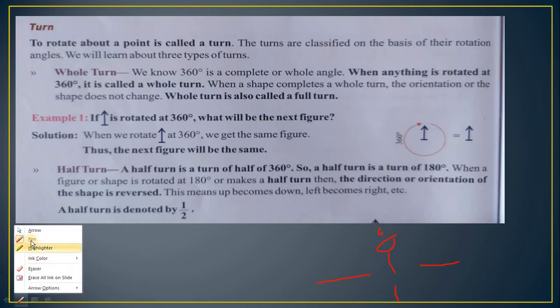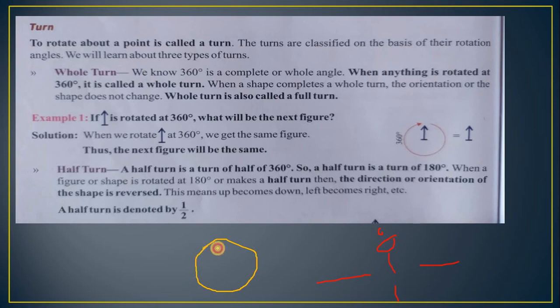One more example: suppose I am taking here, you assume this is a clock. Suppose the minute hand is here, then after some time it will reach here, so that angle is 90 degree. Then after some time it will come here, so the complete angle from the starting point is 180 degree. Then it will come here, so the complete angle is 270 degree. Finally it will come to the original position, so that is a 360 degree angle. That is the complete turn.